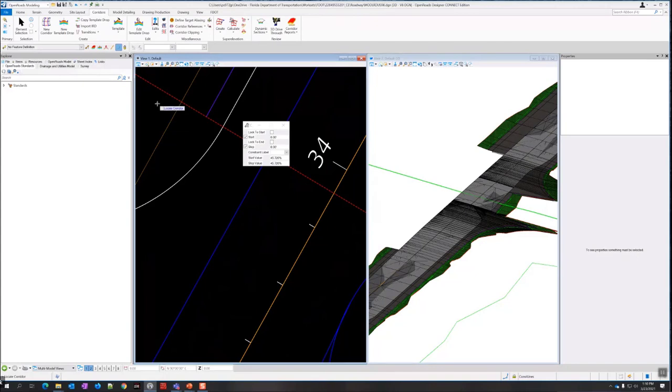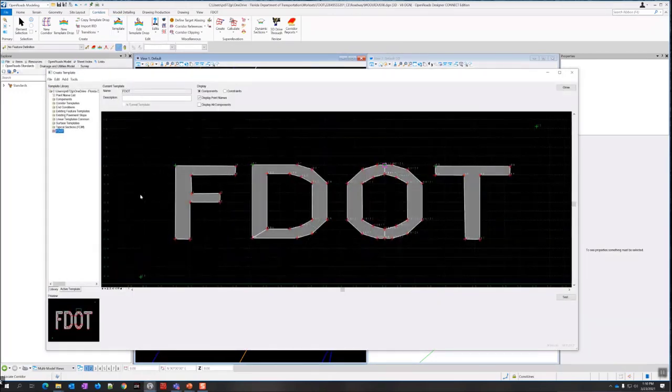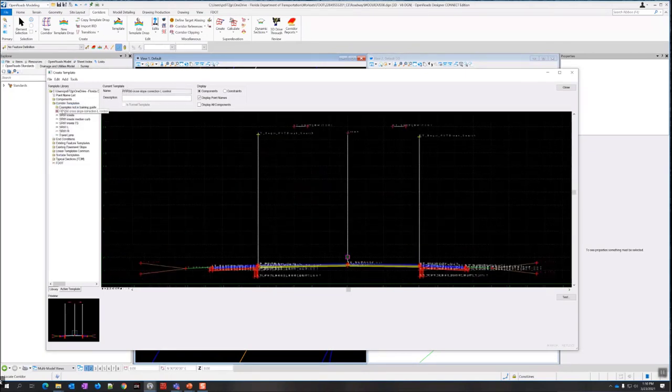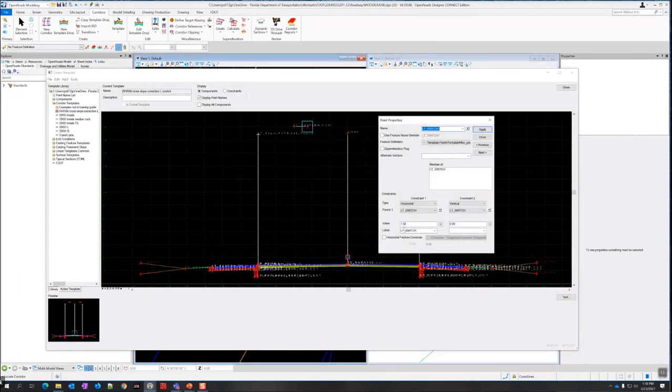Before I go to the next part of the exercise, let me just demonstrate to you what that looks like in the template. If I open up the Create Template, you don't have to follow along on this part, it's just a reference for you. If I go into the corridor templates and look at this template, here's my switch. It's this component here, just a normal component, and this is set 1.5 feet away from the other side.